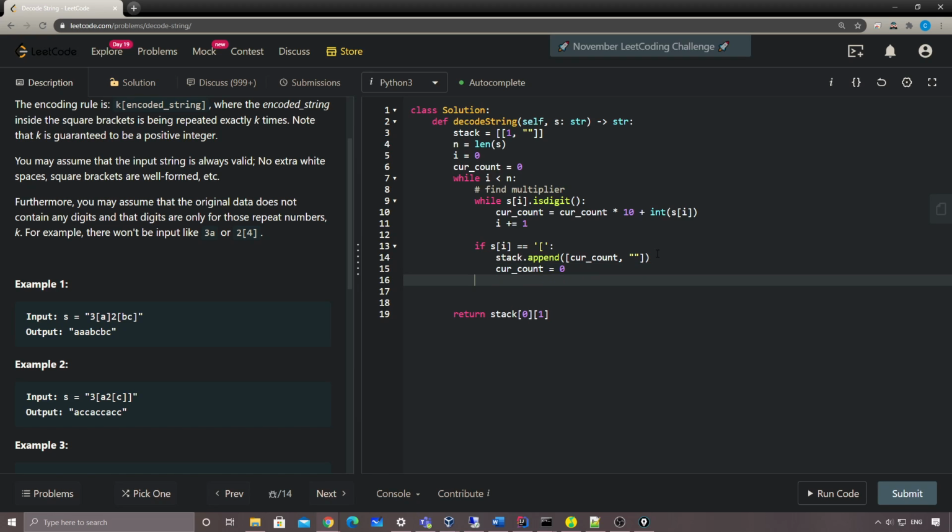So that's that. Else if, right? Else if si is equal to the ending brackets, right? So that's the ending brackets case. For this one, we need to pop the top items out. And since we have two items in it, that's why we're going to have